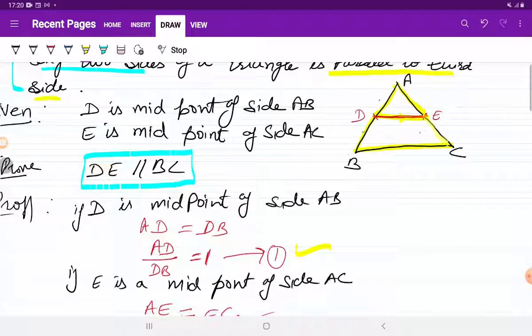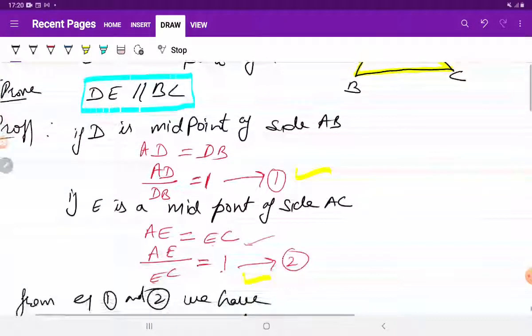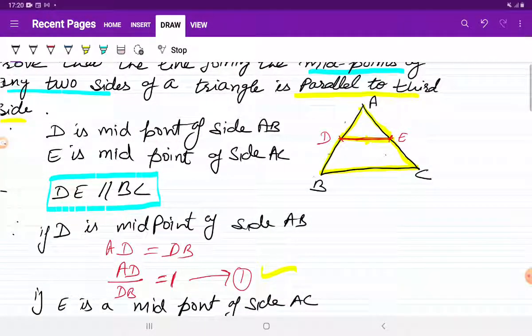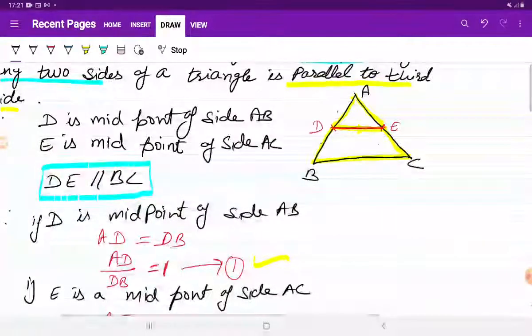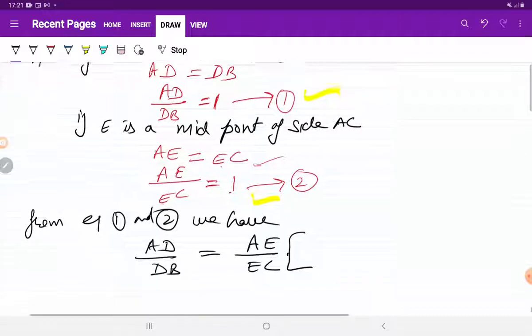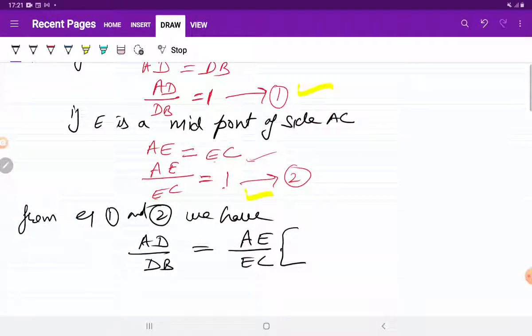Okay, so now we already proved what we discussed in the beginning, that we have to prove a ratio, that if that ratio is equal, our lines will be parallel. So I have proved that ratio, that is AD upon DB is equal to AE upon EC. Now again bring to your mind, if the ratio is equal then what? Then the line from which the ratio is formed will be parallel. By which theorem? By converse of BPT theorem.